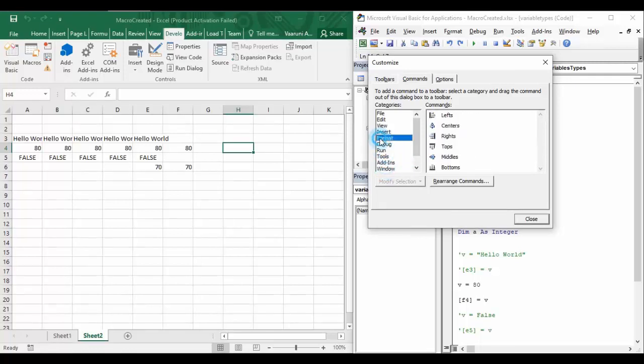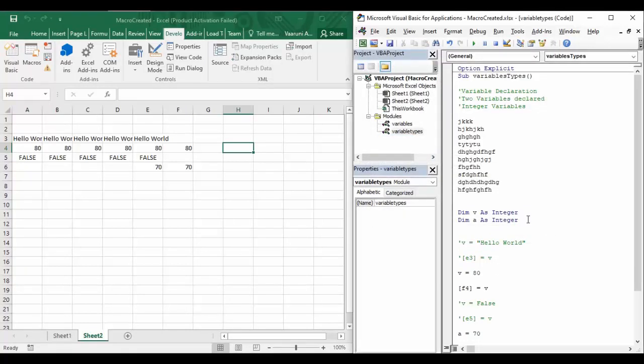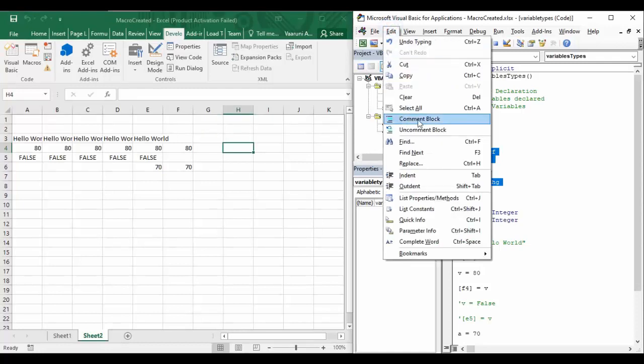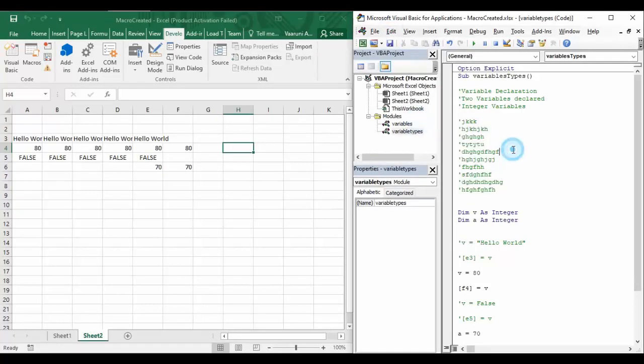These are the different options available to you, or if you want to remove an option, you can do that as well. Then you can just simply close this. And now what we want is to comment this whole block. So just select this whole block, go to the edit menu and select this comment block option. As soon as you do that, you can see that whatever piece of code you selected was commented in one go for all the statements.